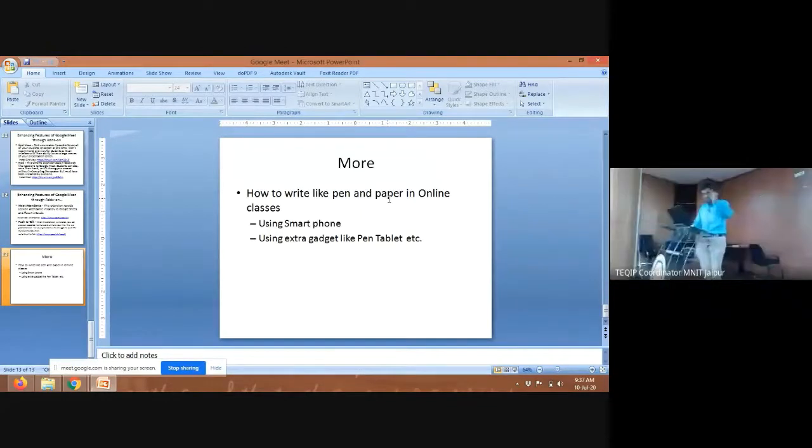ये ग्रुप आप कॉपी करके एक साथ भी ऐड कर सकते हो। If you have, let us say, an Excel sheet also, you can just copy and then